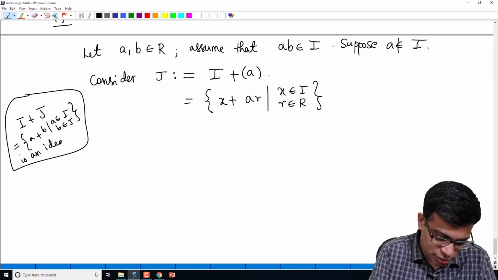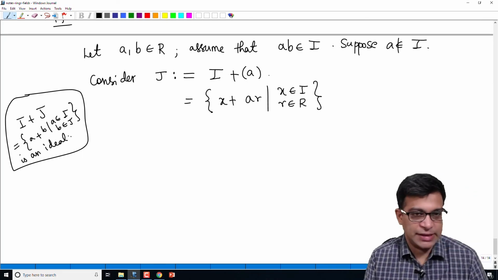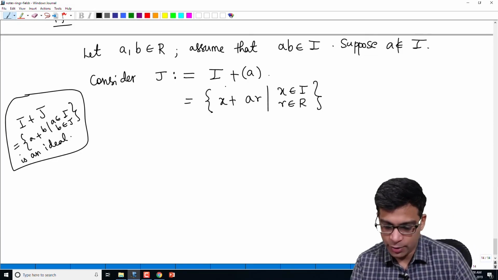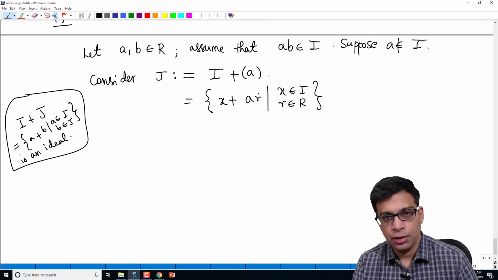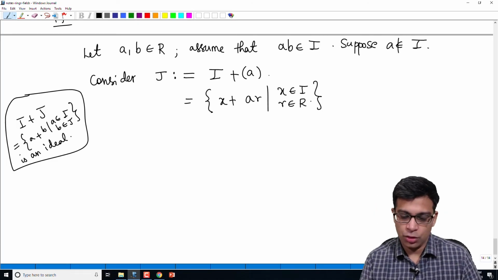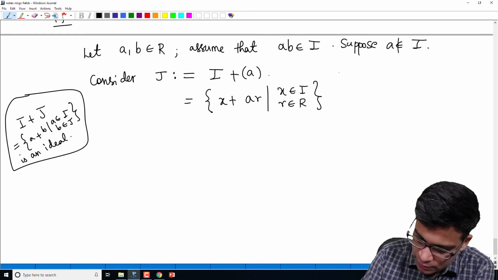If you remember this, that's good. Otherwise, please do this exercise. If you have two ideals, their sum is an ideal. So in this case, you take any element of I and any element of the ideal generated by A, which is of the form AR, because the ideal generated by A consists of elements of the form AR, R in R. Now, this clearly is an ideal